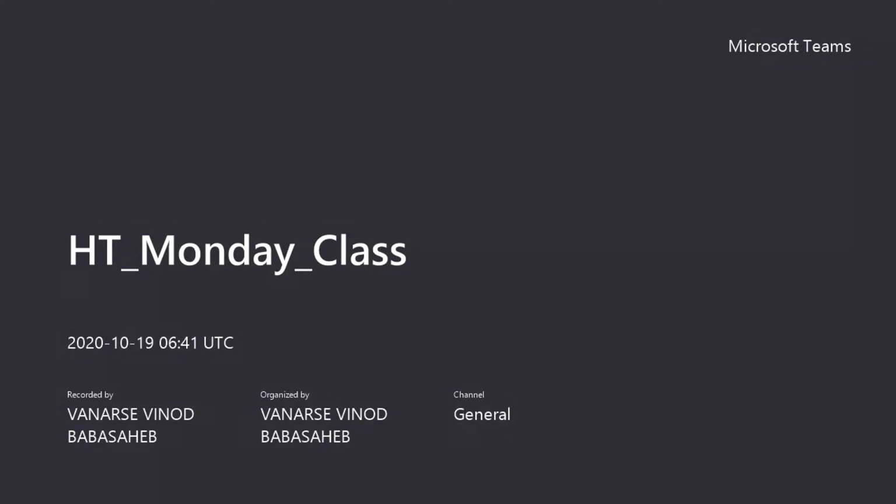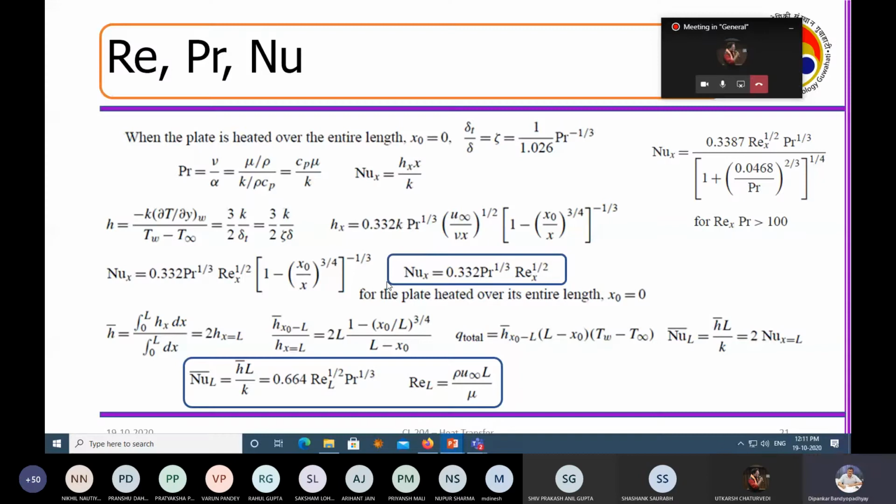Coefficient is the dimensional form. Nusselt number is the non-dimensional heat transfer coefficient, right? So Nusselt number at a particular location X has a physical meaning of the convective heat transfer to the conductive heat transfer. It has an architecture very similar to the Biot number, but that was rather resistance and this was rather transfer. So convective heat transfer to the conductive heat transfer, and there what you can do is that